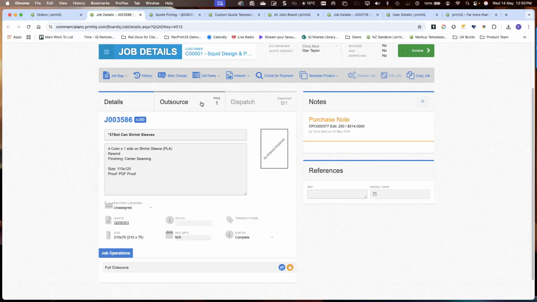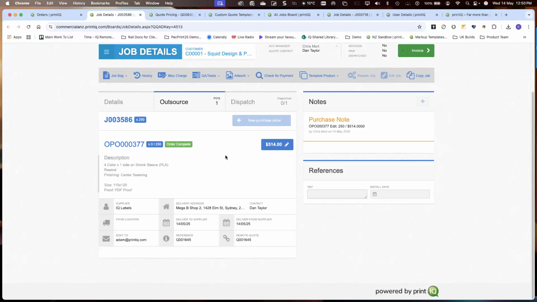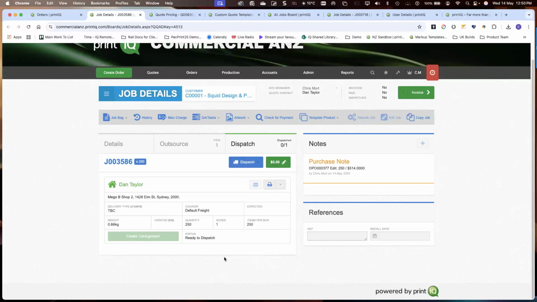Because the supplier has finished the job and dispatched it, we're transferring that information back over. We're updating our seller's system, completing the job, and marking the purchase order as order complete. Currently, the only thing I have to do in here is update the status of this job to being